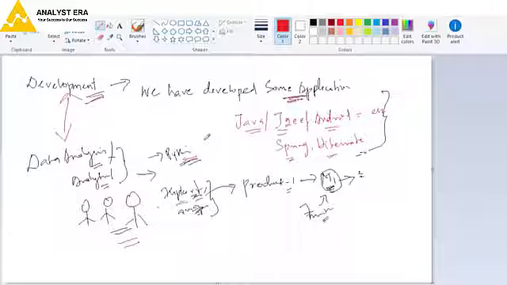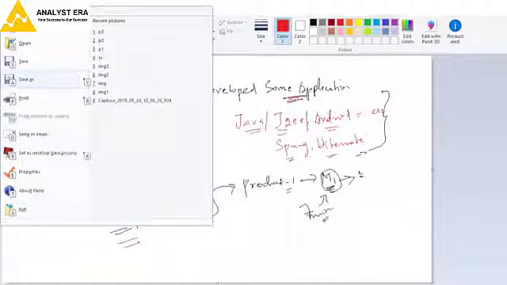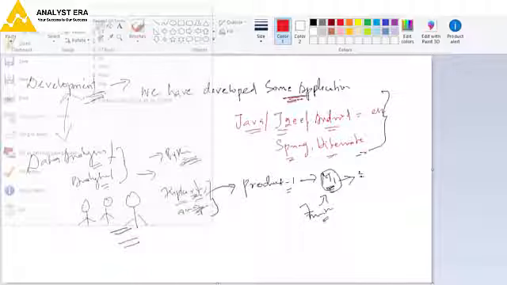Now, which sectors use Python? Most of the sectors use Python. The first sector that will be using Python,